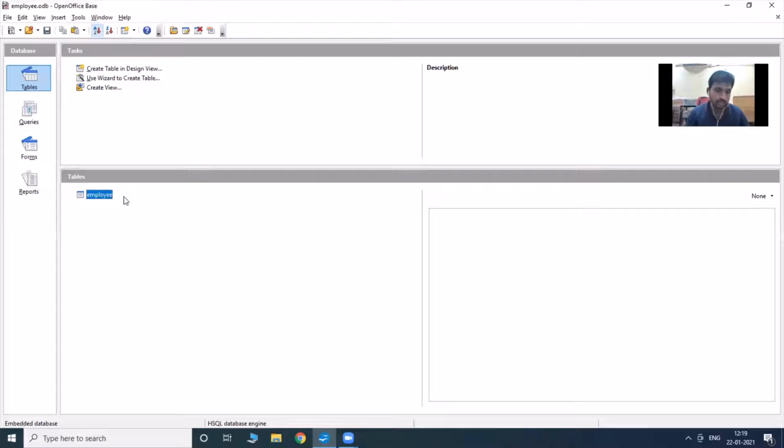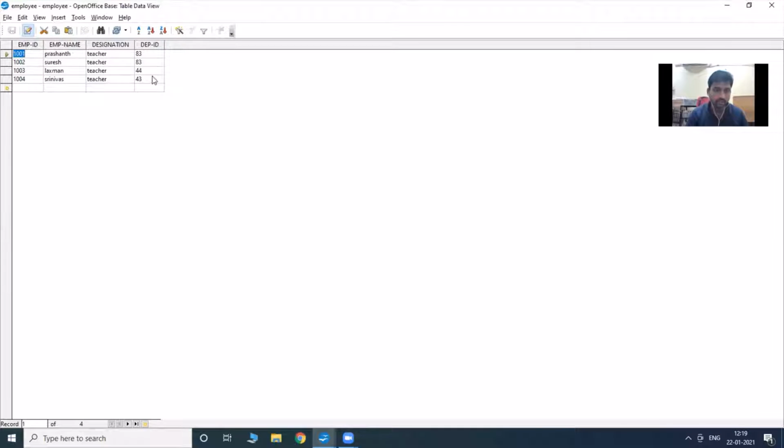Now you can see whether the table is saved. Again, we are back in the database, and the table is there. Double click it. Whatever data is there is selected. Now here, if you wish to edit any name, you have to double click on it and you can change it. Whatever you wish to edit, just double click on the column. Now I'm double clicking on this, and here also I'm going to double click.